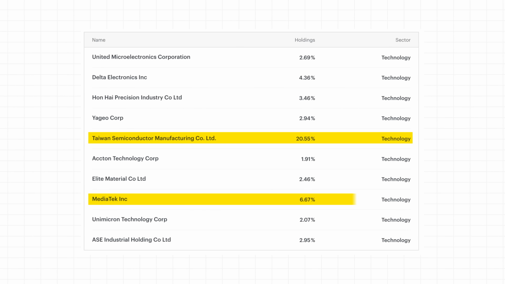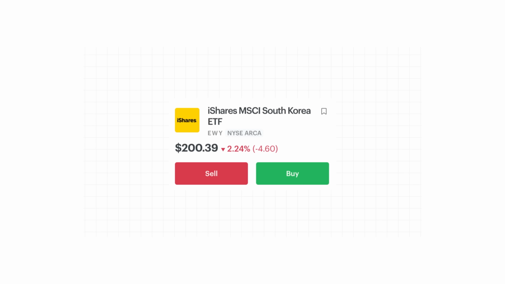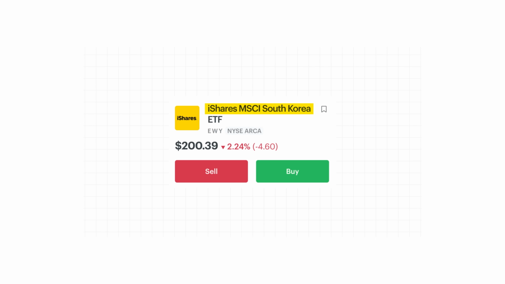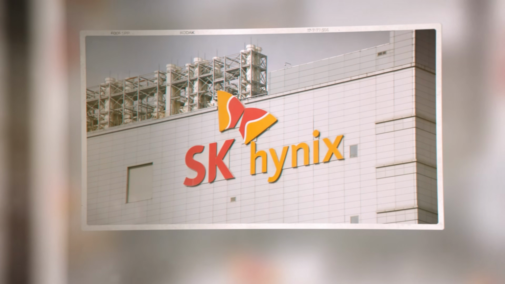Now the EWT has companies like Taiwan Semiconductors, MediaTek, Delta Electronics, Yageo Corp, Gentech Precision, TS Financial. You need exposure to these companies for the sheer size and scale at which they operate globally. Taiwan Semiconductors, for example, is the world's largest contract chip manufacturer, controlling 70% of the global contract chip market. It manufactures semiconductors for major tech giants like Apple, Nvidia, AMD, and the likes. Let's talk about the EWY, which is the MSCI South Korean ETF. This has large global giants like Samsung, Hyundai, SK Hynix. SK Hynix, as we know, is one of the world's largest semiconductor vendors.